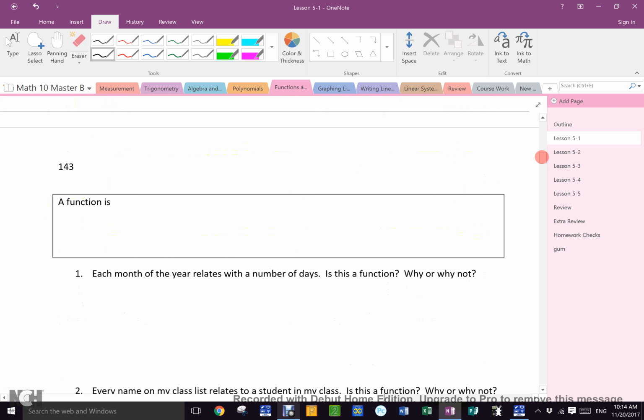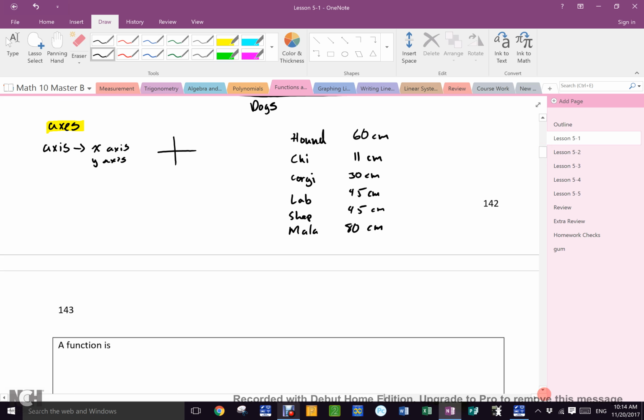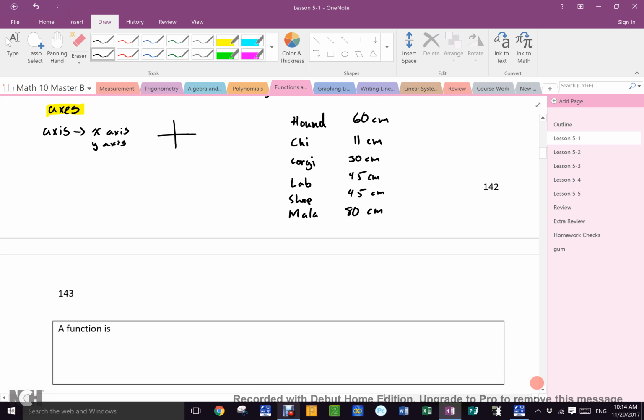Let's turn the page over and we're going to do some work with that. I need this both to be visible. That's why I haven't slid down further. This is information you guys need to refer to answer this question. Okay? So I'm going to remind you, we're not going to write it down. A relation is any time we take one piece, one element, and compare it to another element. Right? So this graph that is in your book is a relation between dog type and dog height. Yes? Okay. A function is a special